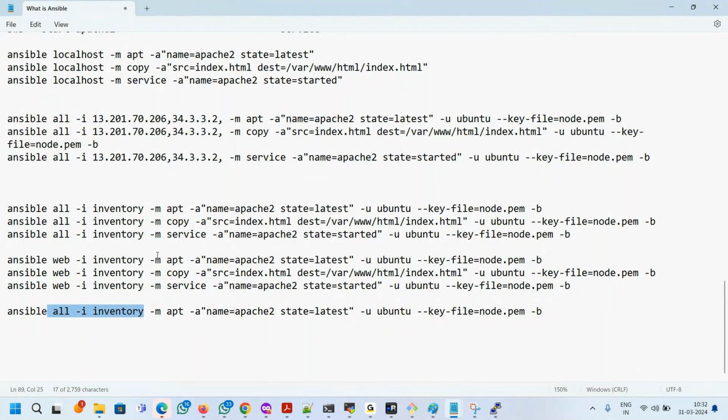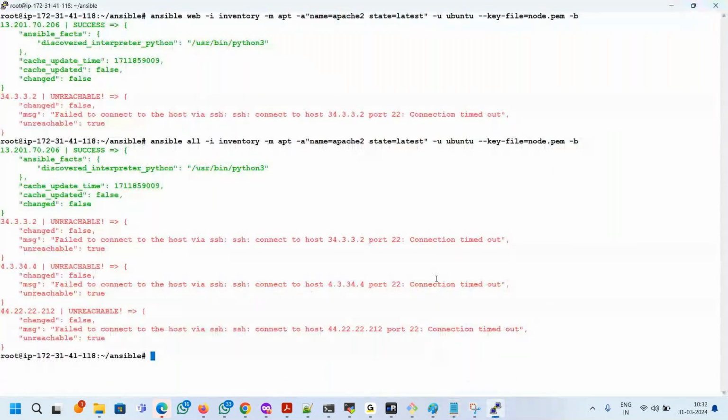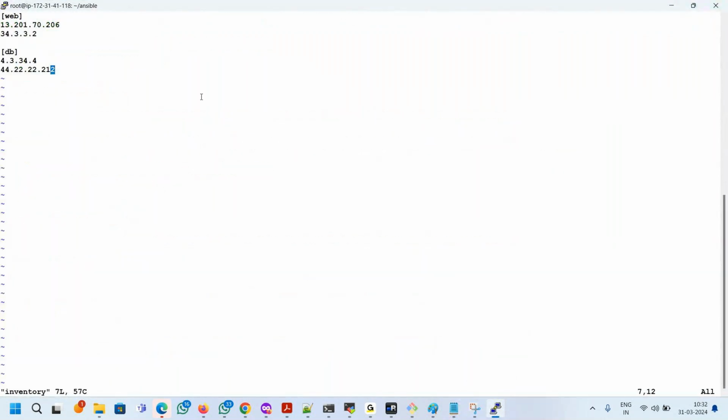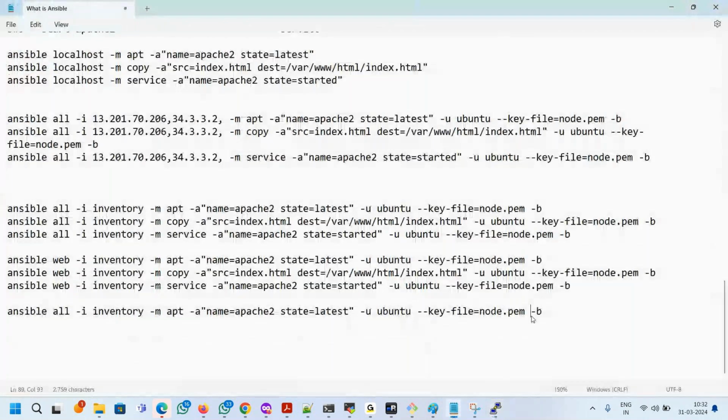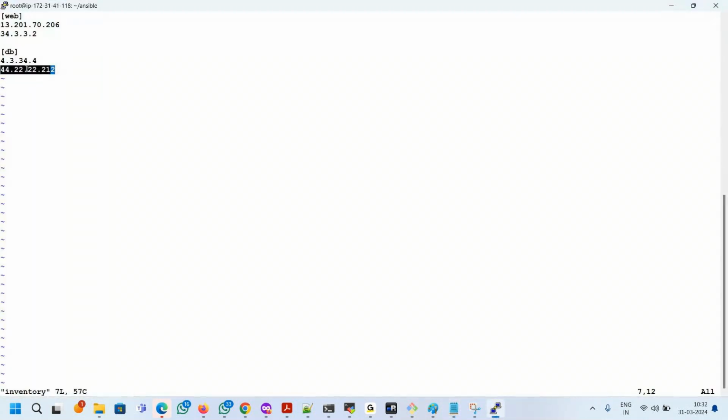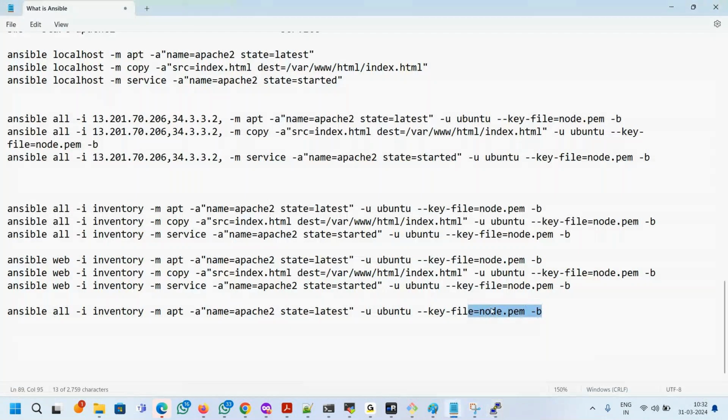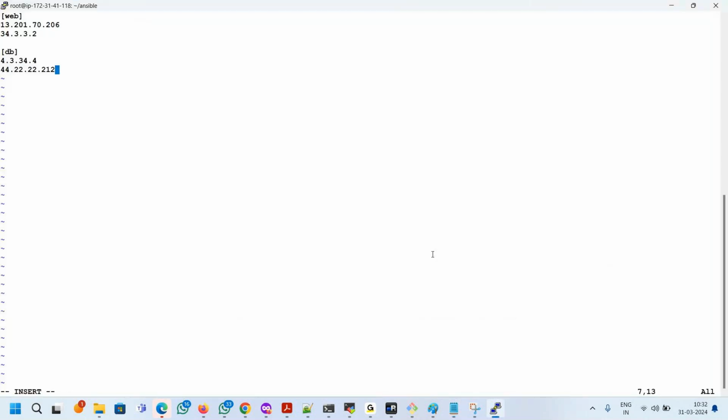Very good question. So guys, typically what happens when you run in production, most of the time machines have the same keys, same password or something like that. But customizations may come. You say, Rajesh, there is an inventory, and here you are passing on the command line this key file. But for this machine, this key file will not work. Something else will work. So there are so many ways available in Ansible, but one of the easiest ways is